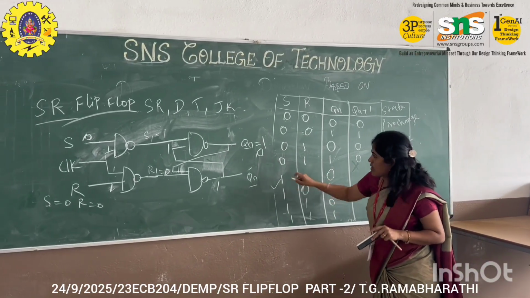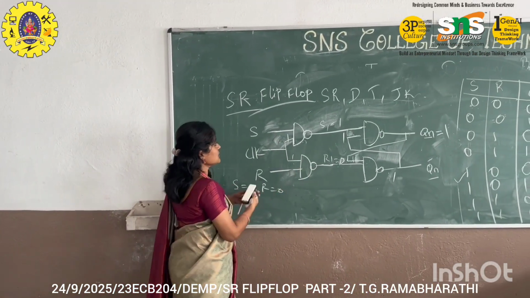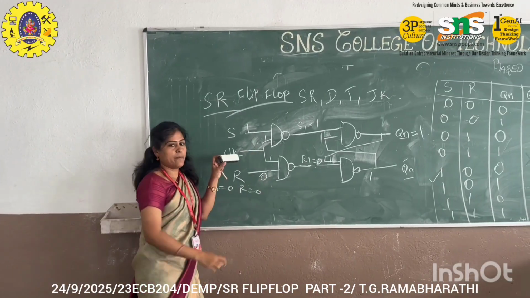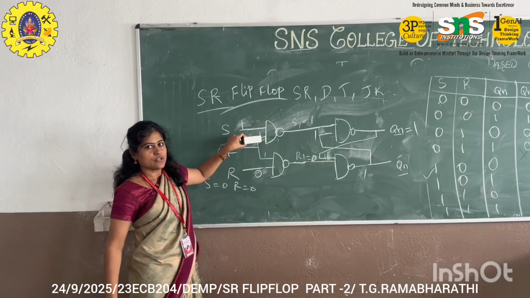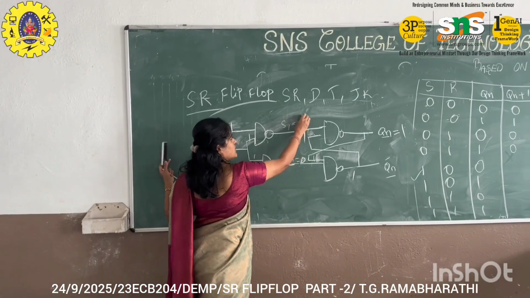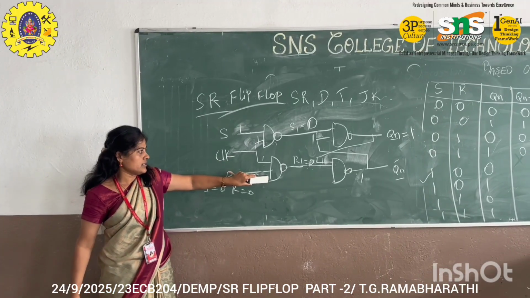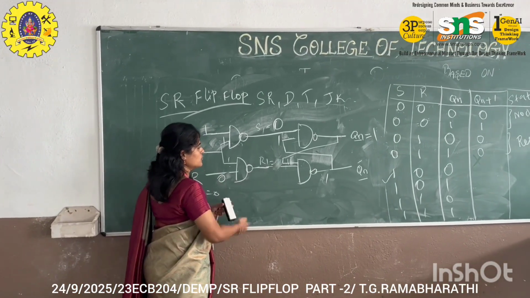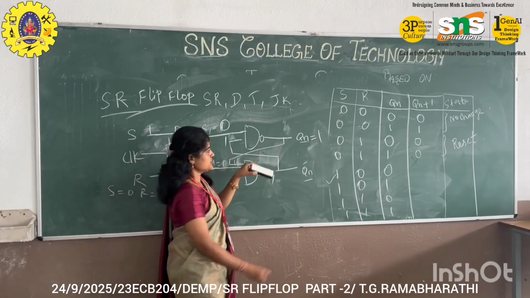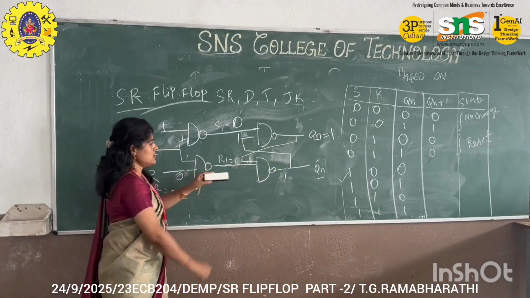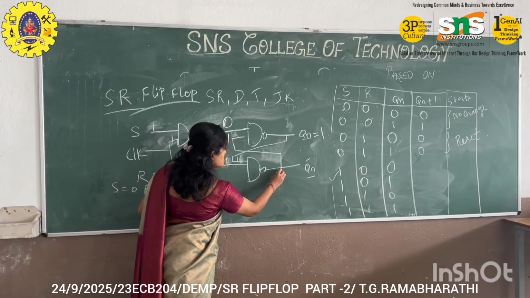Then the third one, that is 1, 0. So now we are going to take 1, 0. S is 1, R is 0 and positive clock pulse is given. So 1 and 1 is given to the NAND gate, so our output would be 0. So S1 is 0 here, and 1 and 0 is given to this NAND gate, so the output produced is 1. So R1 would be 1. And already we know that Qn we initialized as 1. That 1 is given to here. So 1 and 1 is given to this NAND gate means output would be 0.